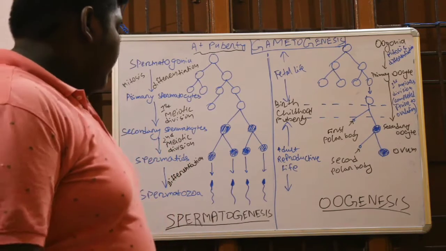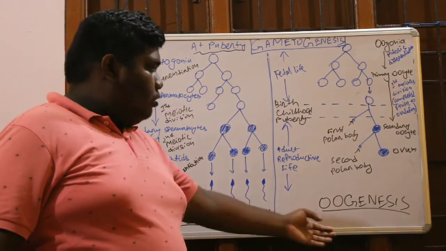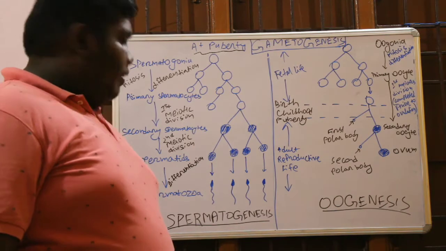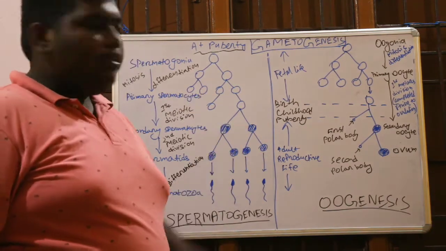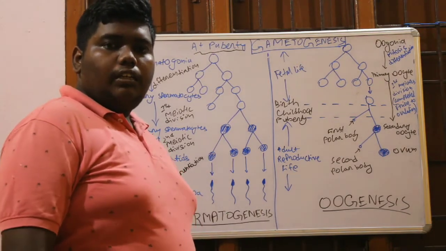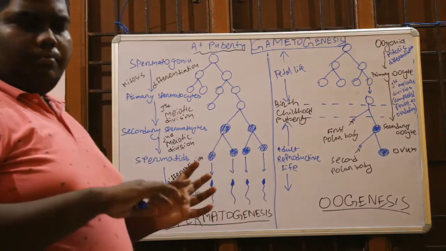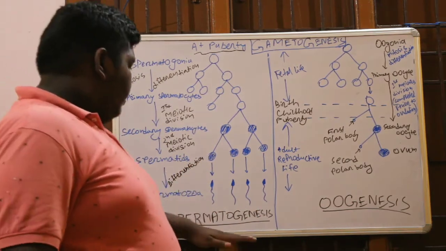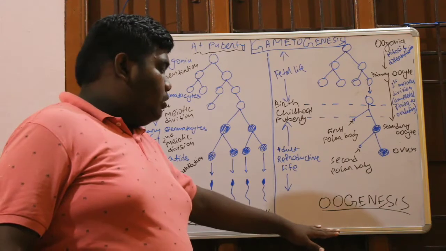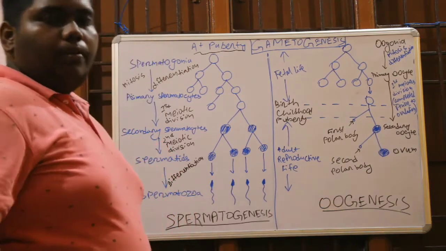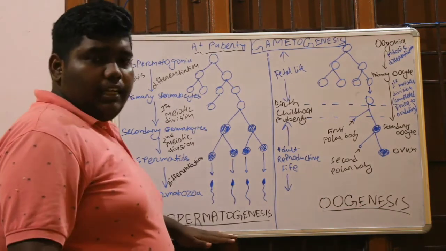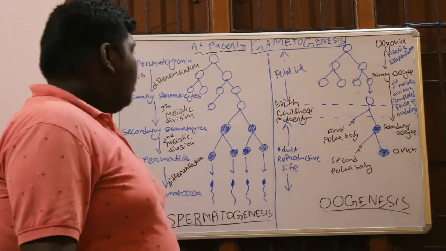Spermatogenesis directly. First we will read about spermatogenesis and oogenesis, and after that we can see in a book that after spermatogenesis there are descriptions about sperm, and after that there is oogenesis, and then the structural diagram and the description of the ovary. But now I will teach you spermatogenesis, and after that we will directly move into oogenesis, and after that we will learn about the structure of sperm and other things. Now let's start with the spermatogenesis process.